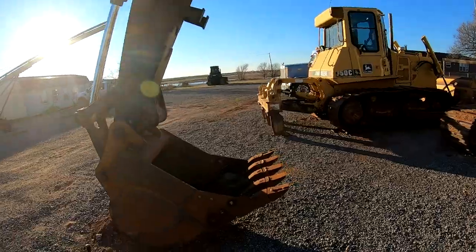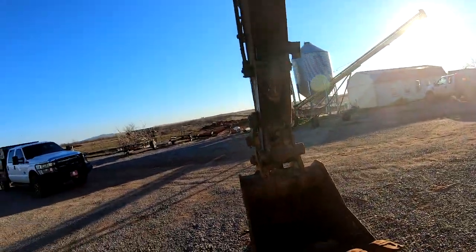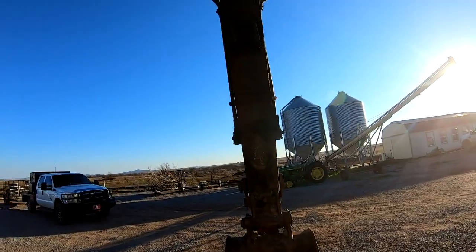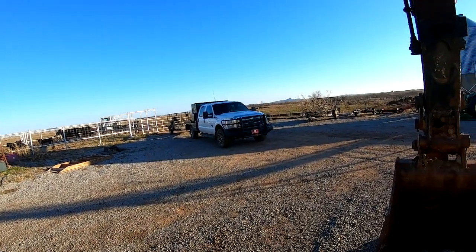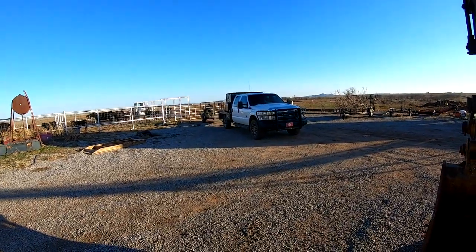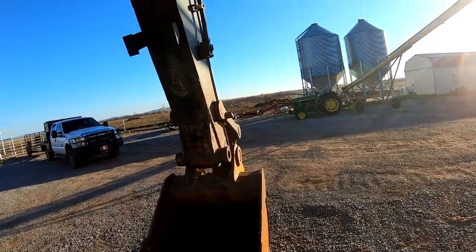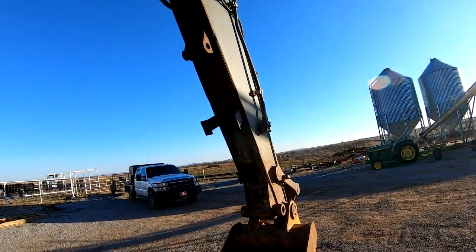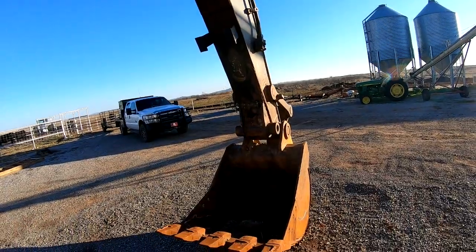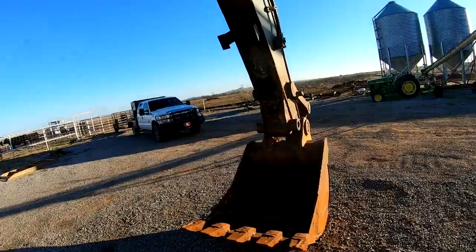I'm thinking about pricing a Bedrock thumb. I think I can get one of those and be in the money on one of those maybe, but these cows, they're talking to me. They want another bale of hay, but they ain't getting it today. They've been fed good. But anyway, we need to get a thumb on this thing. It's rigged up for a hydraulic thumb and we desperately need one at times. But we're gonna try to clean all this clutter up in the next couple